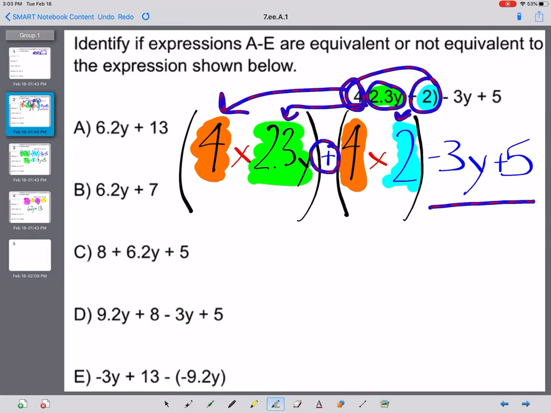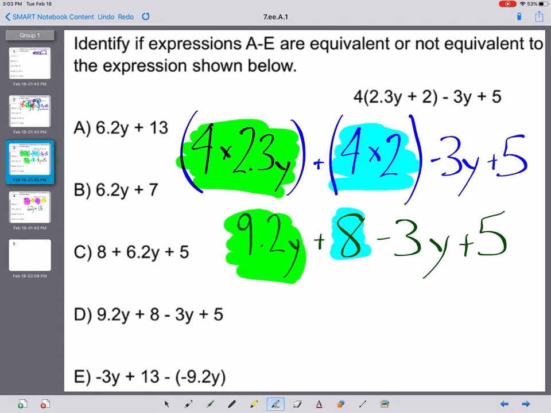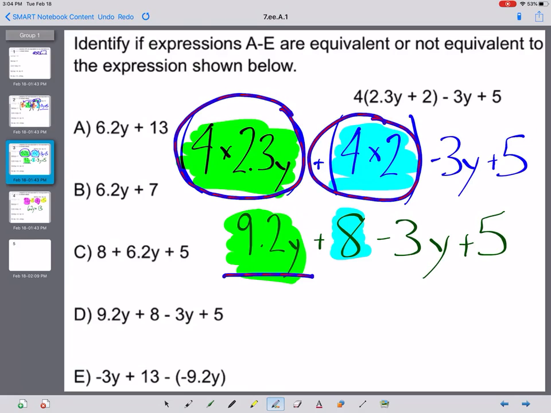After we do the multiplication, I'm circling 4 times 2.3y, and I'm going to underline the answer of 9.2y. Circling the 4 times 2, that's 8. And of course, we still have that minus 3y plus 5. At this point, what we want to do is start to look at